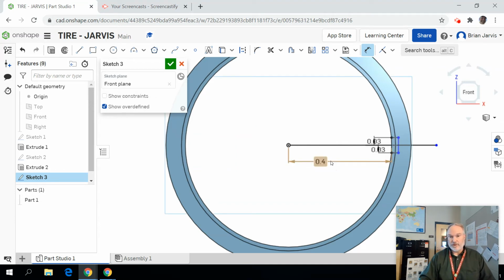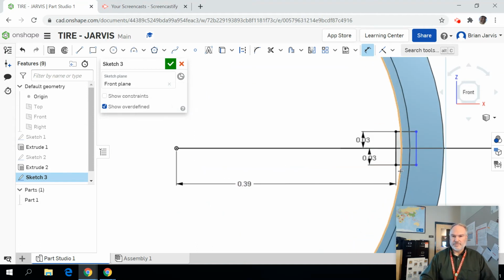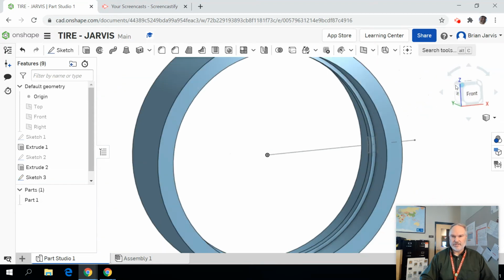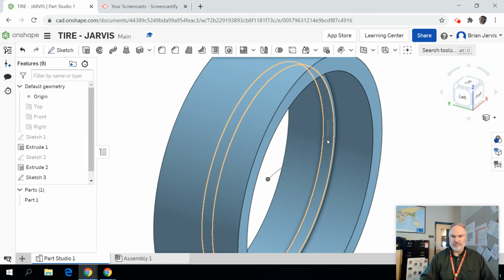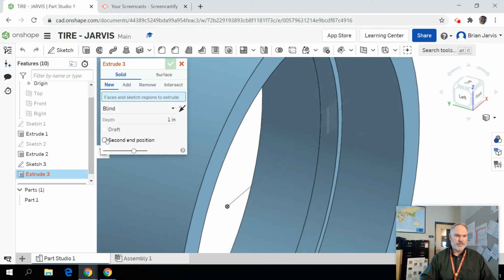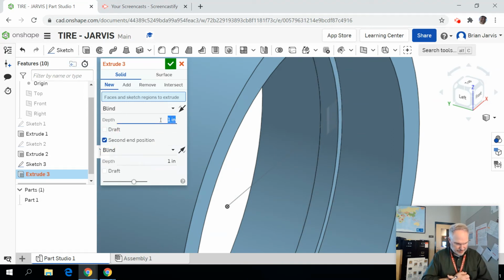See, 0.4 is going to bring you right up there. You don't want that. 0.39. Just a bit over that edge, and I think that will work. So from there, we're going to finish our sketch. And once again, this is what's handy about this, when I go to extrude, I'm going to say second direction, and we're going to come out. It should be 0.5 in, so